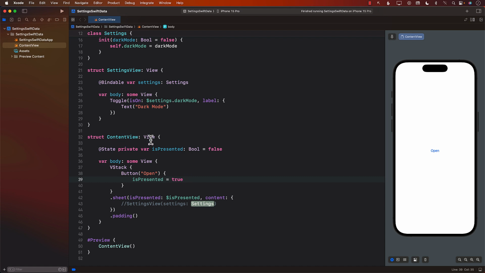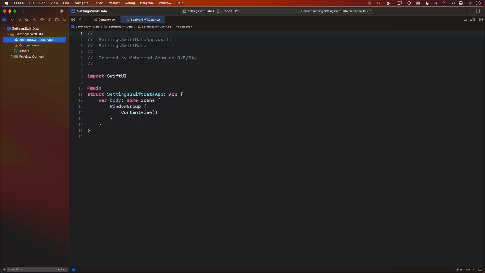Now, this can be done over here in the content view, but this should be done a little bit earlier than the content view. So I can go to the app file over here, and I can think about how can I do it over here? We can even wrap our content view with some other view, and we want our settings to be available everywhere. So for that, I'm going to go ahead and create a root view,